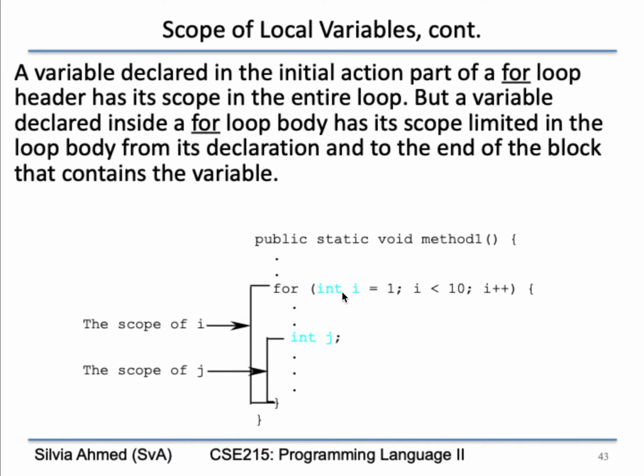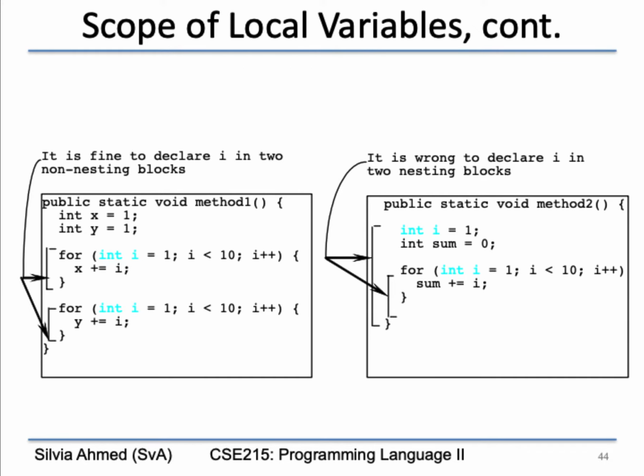So let's look at here. The scope of the variable i starts from here, the beginning of the for loop, until the end of the for loop. But the scope of the variable j starts from this statement where it is declared inside the for loop until the end of the for loop. So here